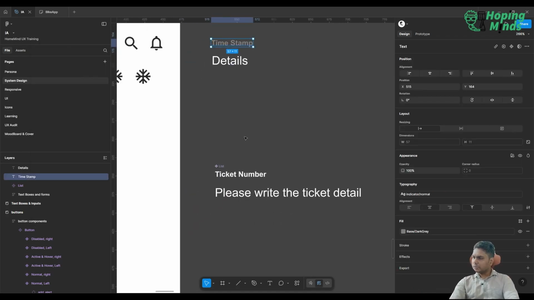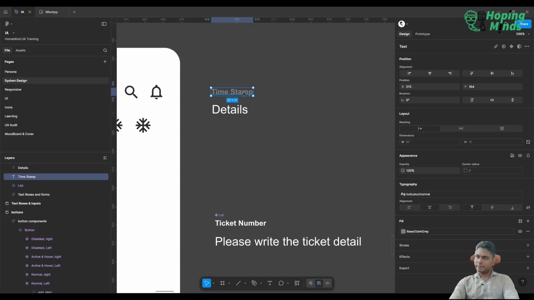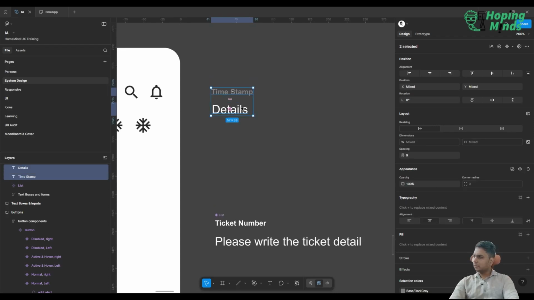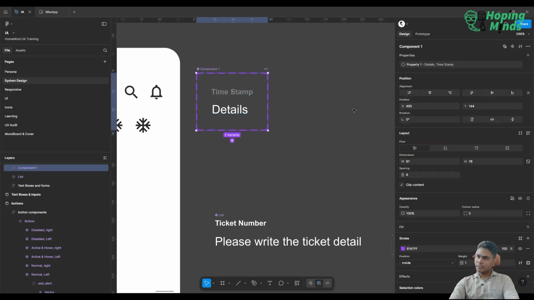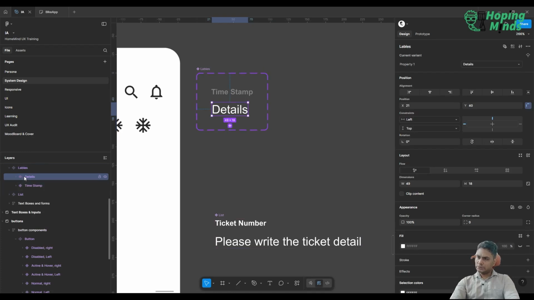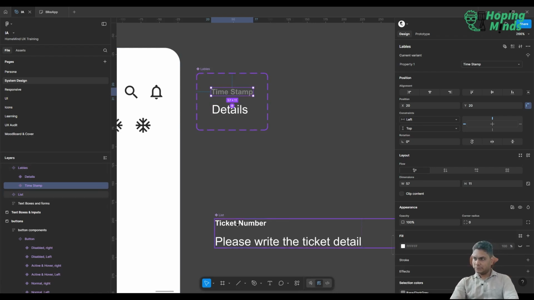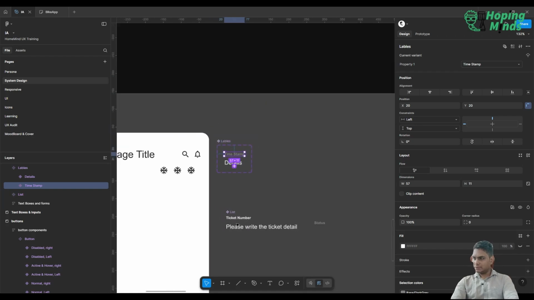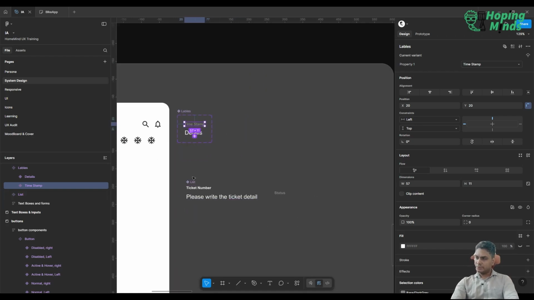Therefore, now we'll use it and then we'll work on the property differently. Okay. So let's create a component set out of them. Let's name this labels, and this is detail, and this is timestamp. So I am feeling like all the properties are already there in here. So why do we need that? But anyways,